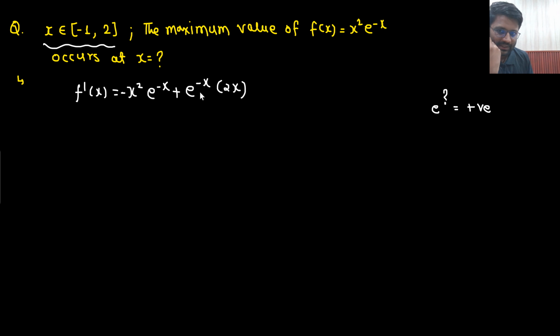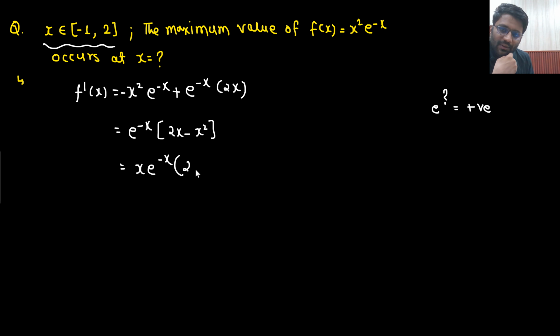x² e^(-x), then e^(-x) times 2x. Then e^(-x) is coming common. This 2x I am writing down first, and then -x². Right? So next, what will come common? x e^(-x), and then (2 - x). So this will become